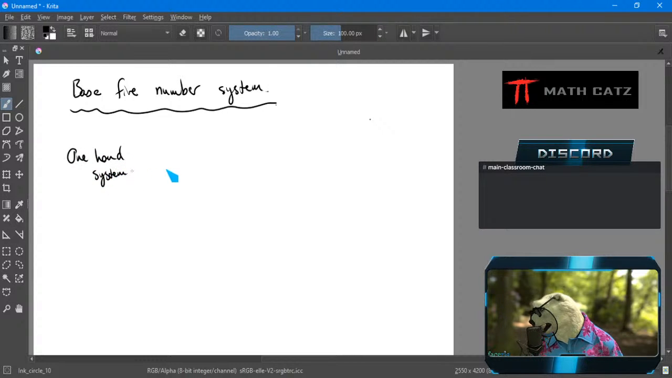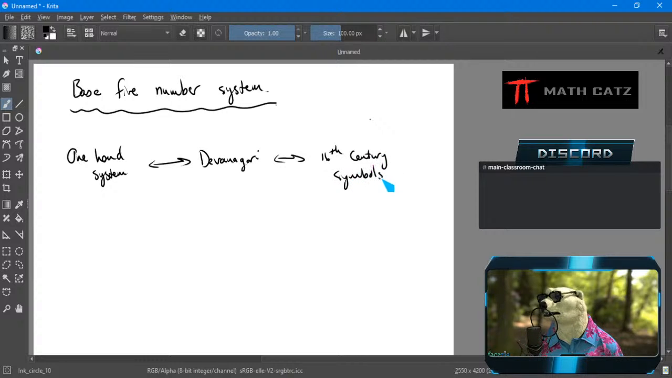The one-hand system. Go forward in time to the Devanagari system or symbols. I don't know if I spelled that right. I probably didn't. Go forward in time a little bit to the 16th century. I don't think they have a name. Symbols. No difference between these at all, other than appearance, really. So if I have, for example,